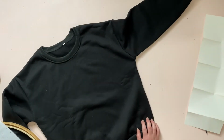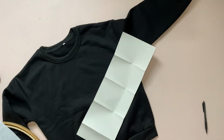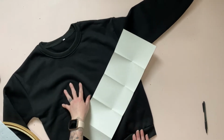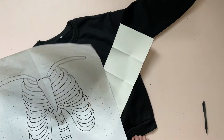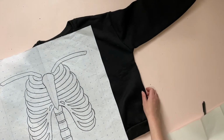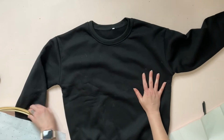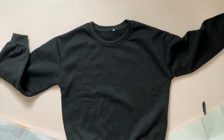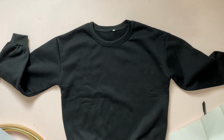Here's our sweatshirt, and here is tracing paper, because we need to transfer our pattern onto our sweatshirts. The first thing I'm going to do, I can show you, if Ping Pong shows up. Yeah, she's here. The first thing I'm going to do